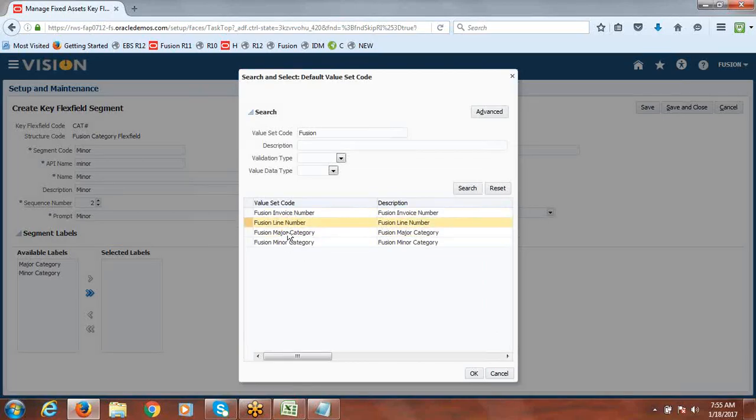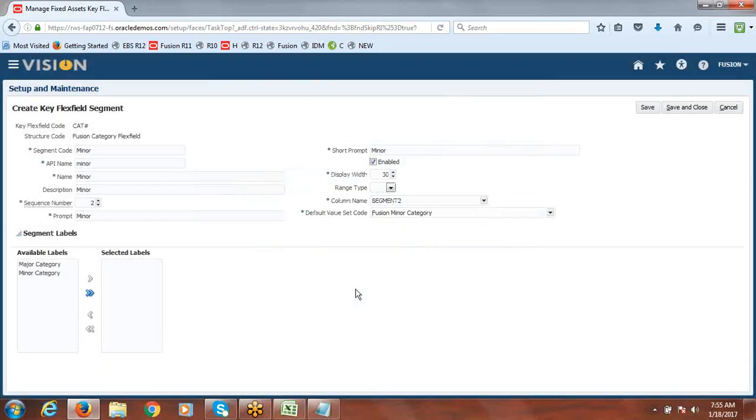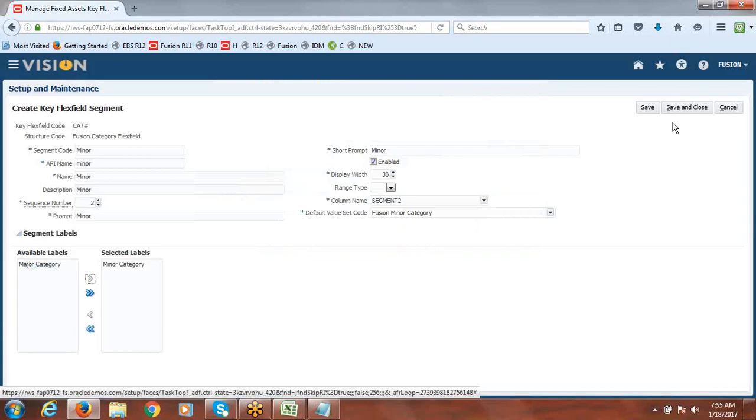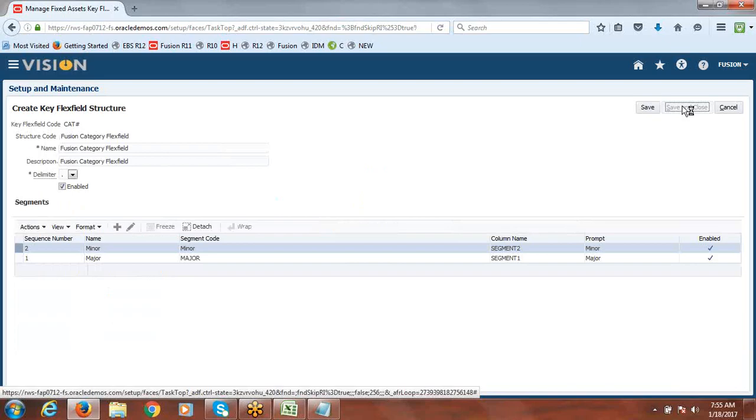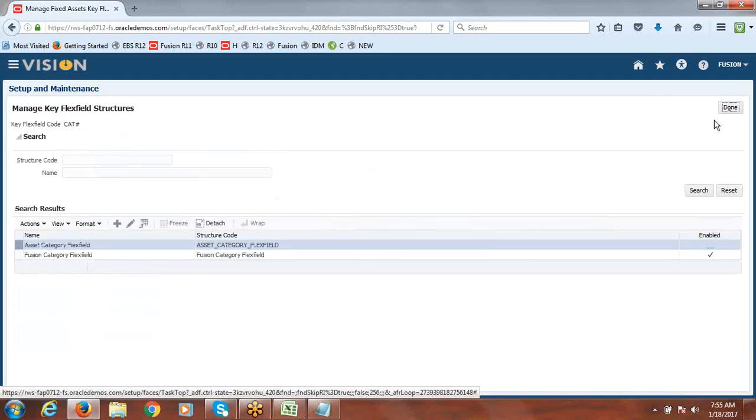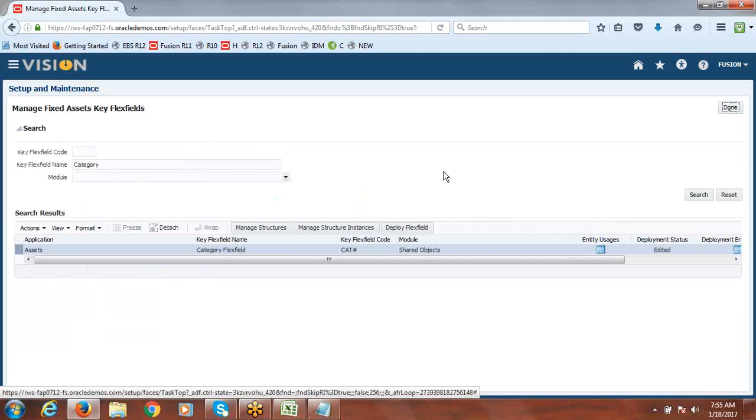These are also value sets which we use in receivables, so that's the reason these are coming here. This is the minor. For the minor segment, assign the minor segment label, and save and close. Done. We created a structure and segments.